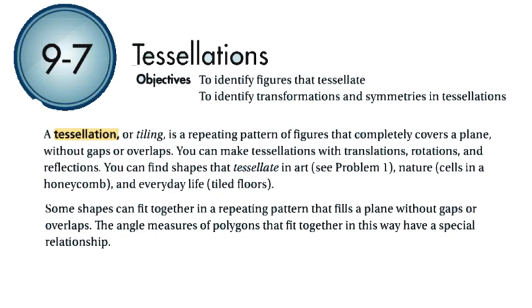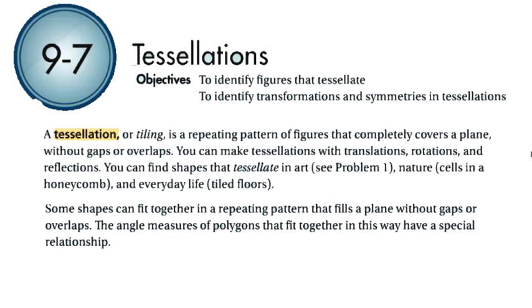And we see these kinds of things everywhere around us. You can see it in art, you can see it in nature, and just in your own home you might have some kind of linoleum or pattern in your floor or carpeting where it's a tessellation pattern. Some of these shapes fit together in repeating patterns that fill a plane without gaps or overlaps, and the angle measures of the polygons that fit together like that have special relationships,